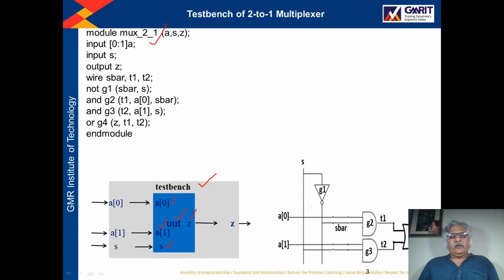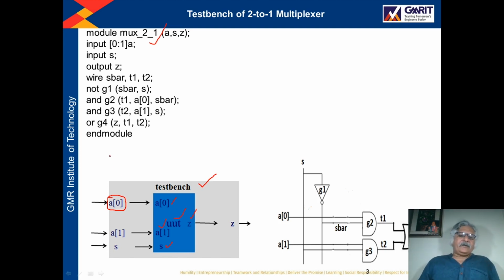Okay, so now in the test bench, through A0 I will send the signals to the unit under test, and so I have given the name A0. You can give the same name, whatever name is given to the original unit under test, the same port's name you can also use in the test bench.